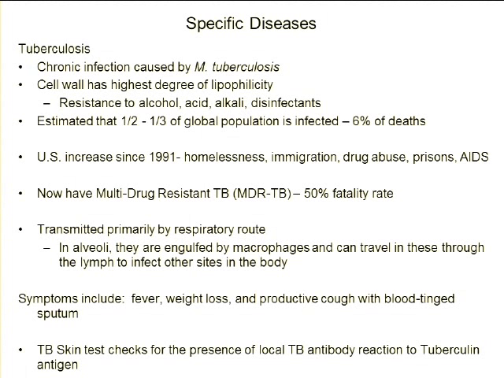So 9 out of 10 people carry it. Could be asymptomatic, not even know it. Okay? In 1 out of those 10, it will lead to an active disease. The disease is transmitted by droplets after sneezing, coughing, or talking. Okay? So a typical sneeze has anywhere up to 400,000 droplets. That's a lot. Okay? So in one sneeze, there could be a lot of TB being passed around.